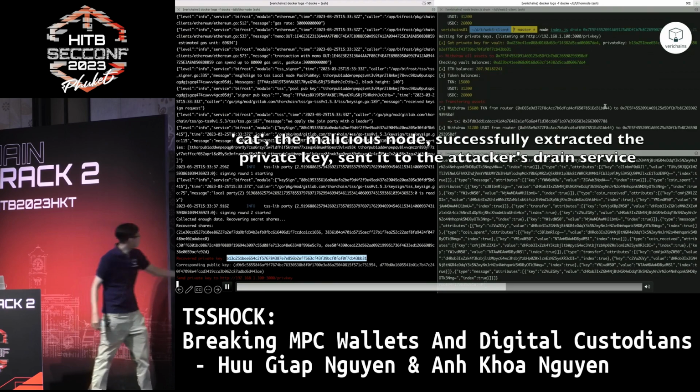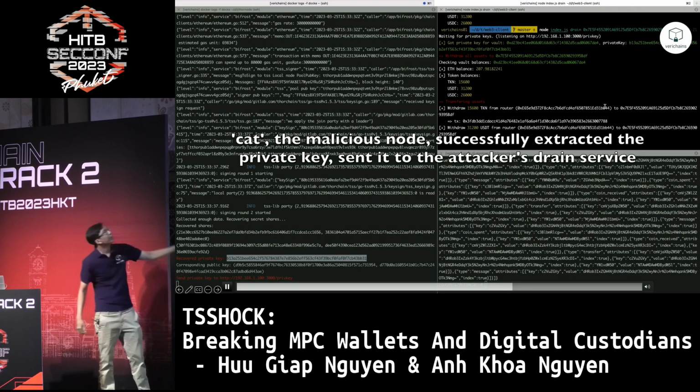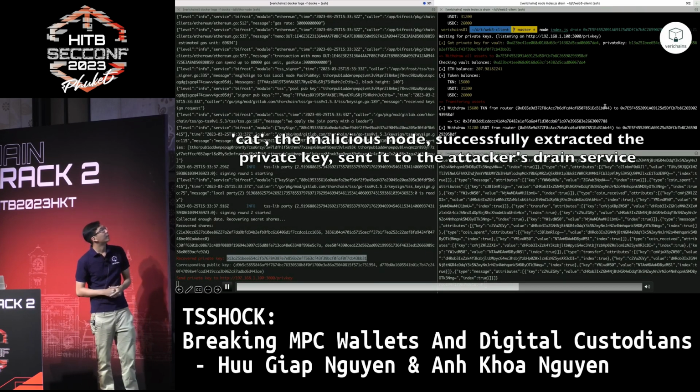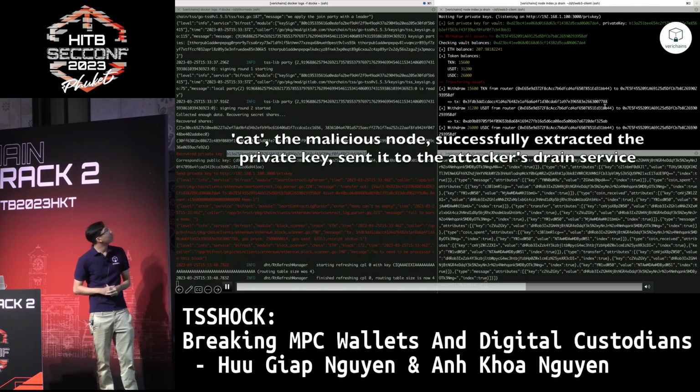Now we collect the private key, and we can withdraw that money using a train service.